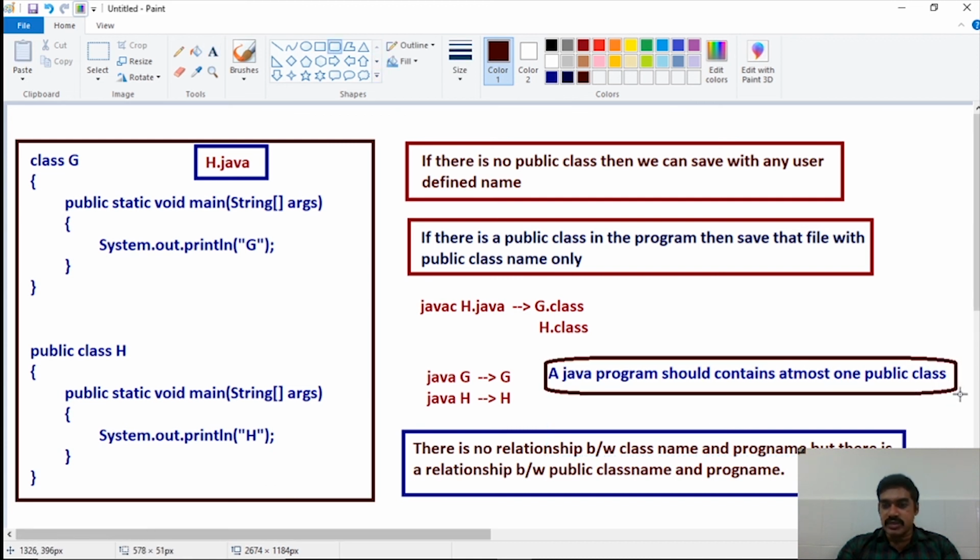That means no Java program should have more than one public class. This is the final conclusion. If there is more than one public class, it is not possible to save the Java program. With which public name can we save if there is more than one public class? It is not possible. I will explain that concept in the next video.